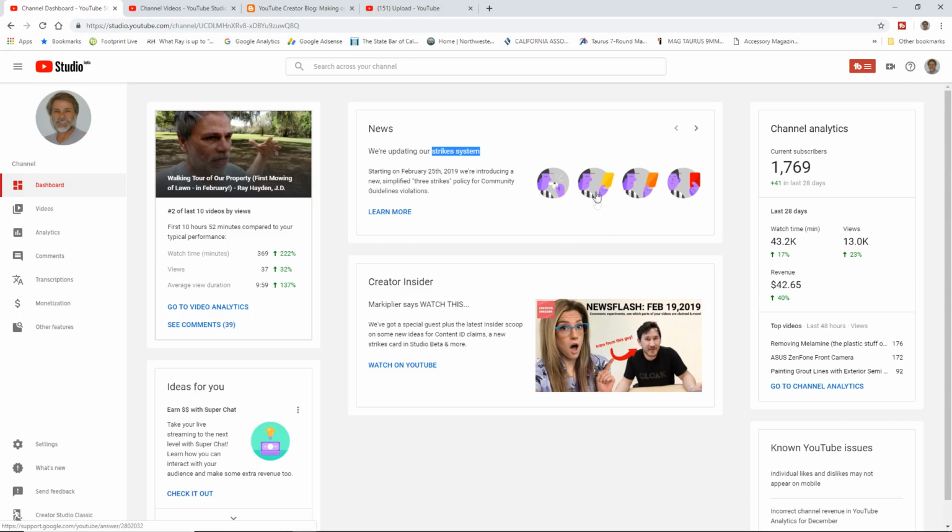The first time you get one, you get a strike. Your account is frozen for a week, and you have a 90-day notice. You'll have one of these little cards, like all these little things right here are called cards, and you'll have a card right here somewhere that says you have a strike on your system. You have a strike, and it's there for 90 days. It's going to be right there staring you in the face for 90 days. You definitely don't want to get another one, but that would be a copyright infringement strike.